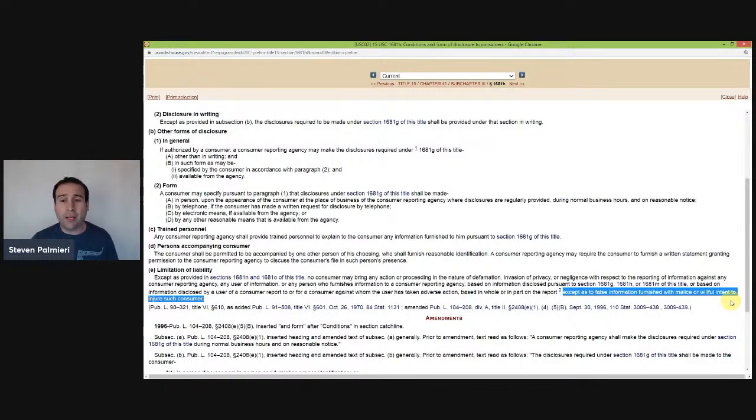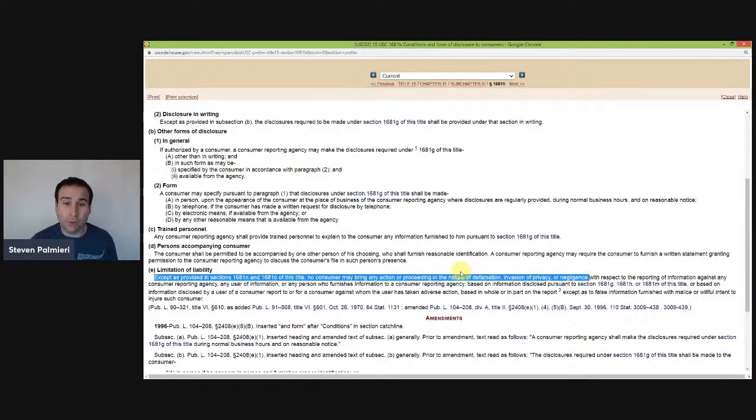So prior to the FCRA, if a consumer got damaged, felt as though they were wronged by a consumer reporting agency, they would go find themselves an attorney, and the attorney would typically wire together some sort of lawsuit focused on these three primary causes of action right here. There may be some other things as well, but typically, if a credit bureau told an untruthful story, it was either going to be defamatory, they were maybe invading your privacy, or at a minimum, you could say they were negligent for not doing their due diligence to tell a proper story, right?